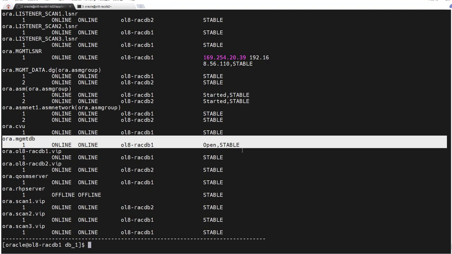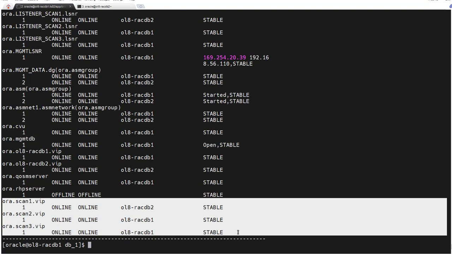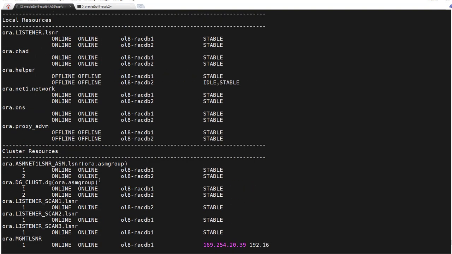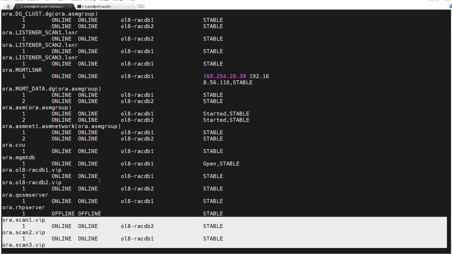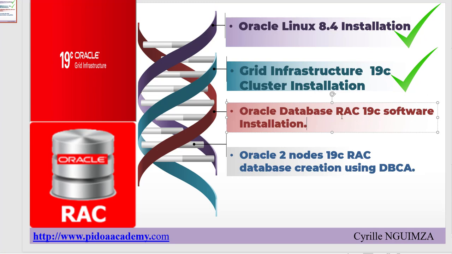It's up and running. These are my 3 scan listeners, up and running. So everything is set to proceed with the third step of our installation, which is Oracle Database RAC 19C software.